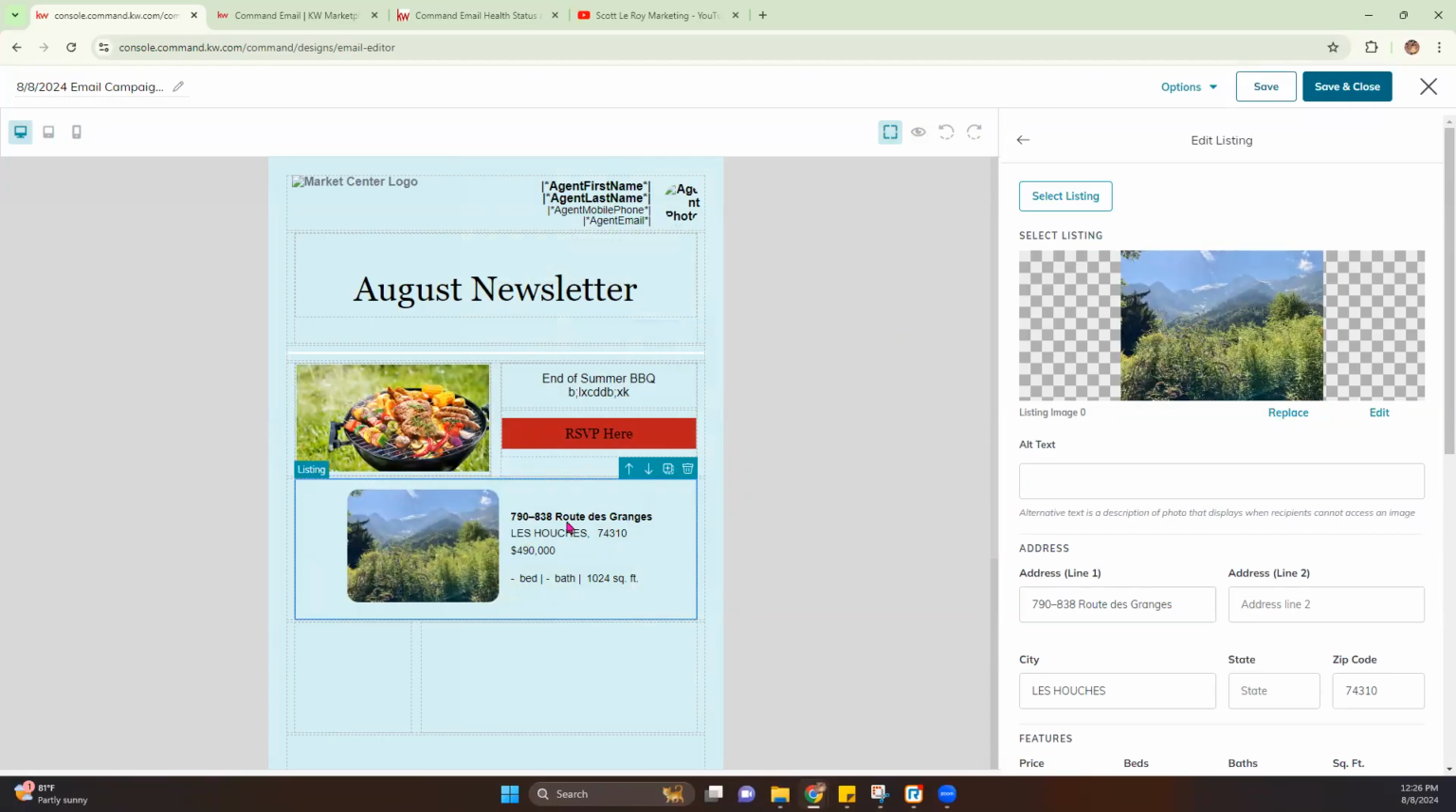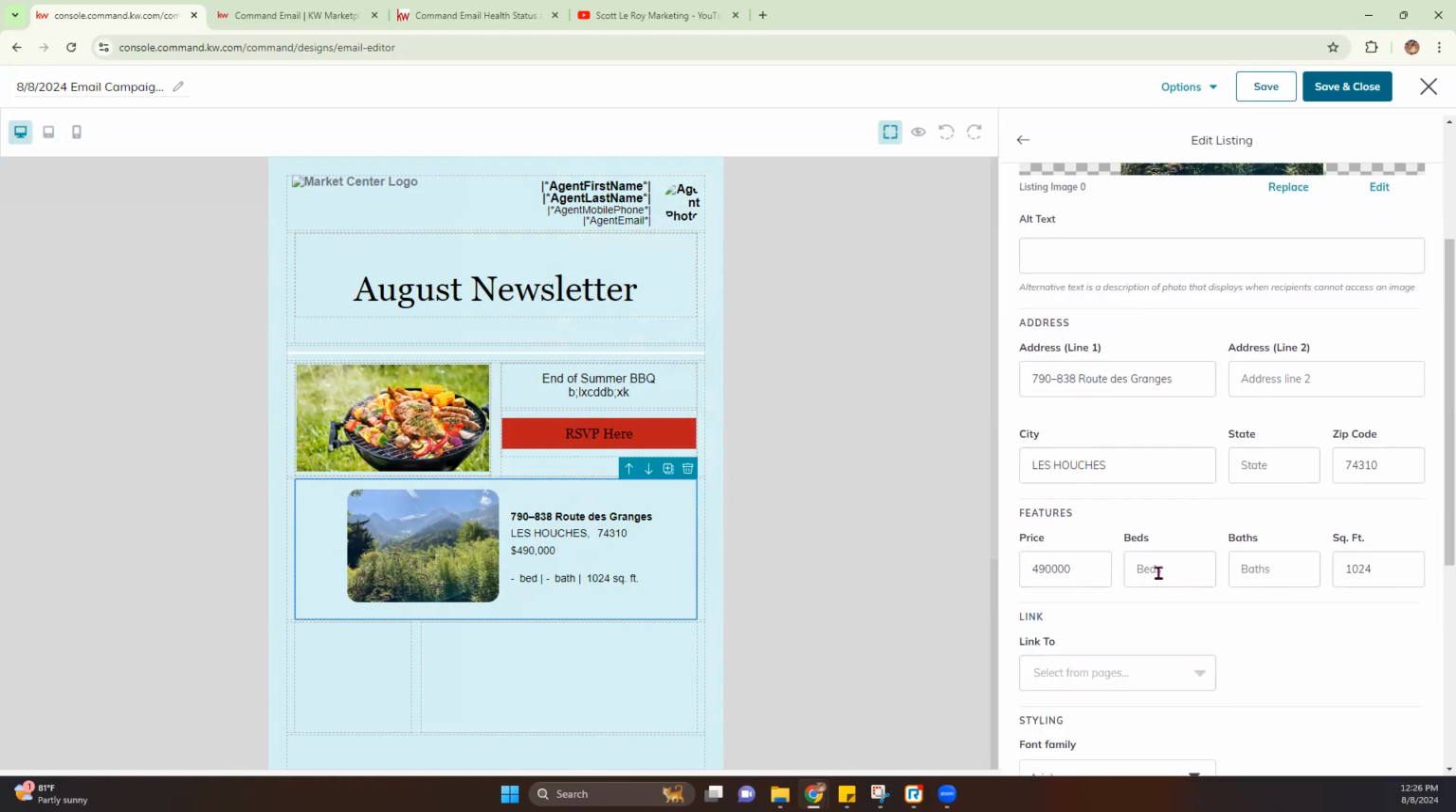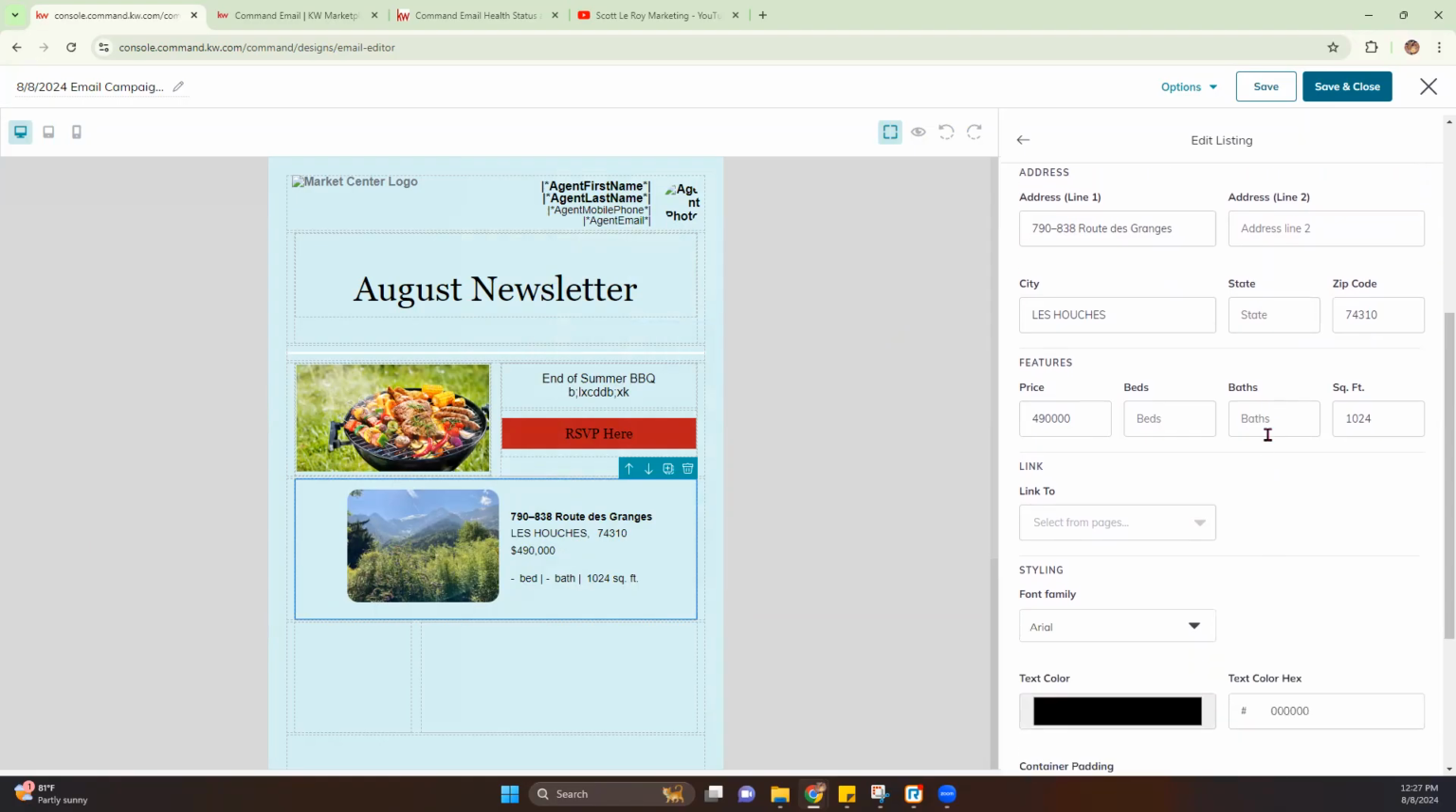As you can see, it is pulling in all of the other MLS information when it does that. Now you can adjust that all over here. If something didn't pull in or is not showing correctly, you can certainly adjust that over here. You can also have this be a clickable link. So if someone were in your email and were to click on this